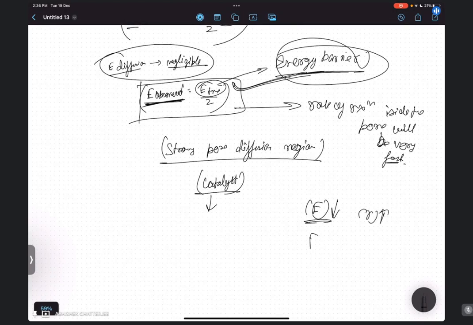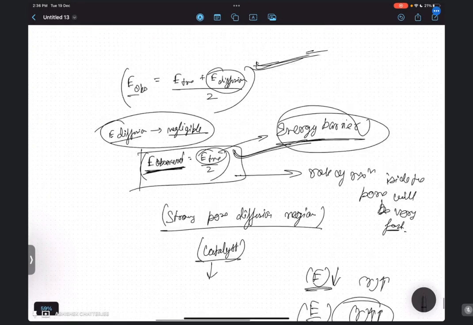In this case you have halved it, E by 2, so your rate of the reaction will increase very much. And because of this, the overall step is controlled by your mass transfer, because of course the mass transfer is slower, the mass transfer resistance is higher. यहाँ तक समझ में आया? बताओ।